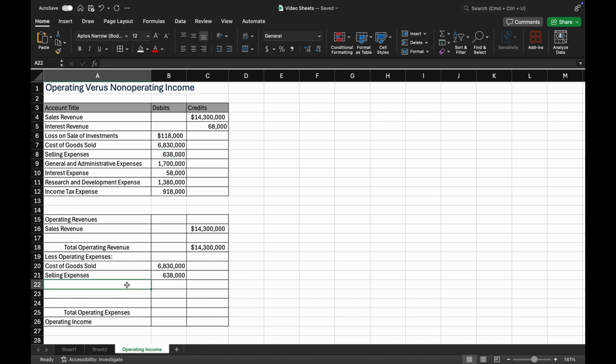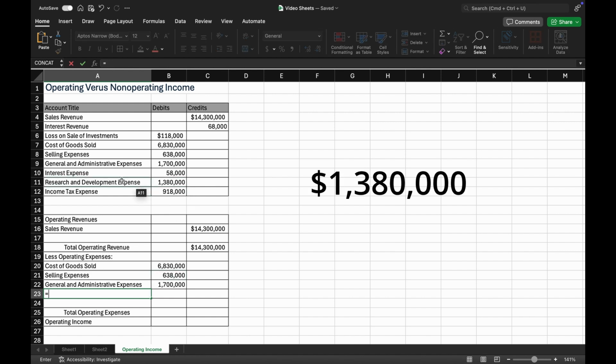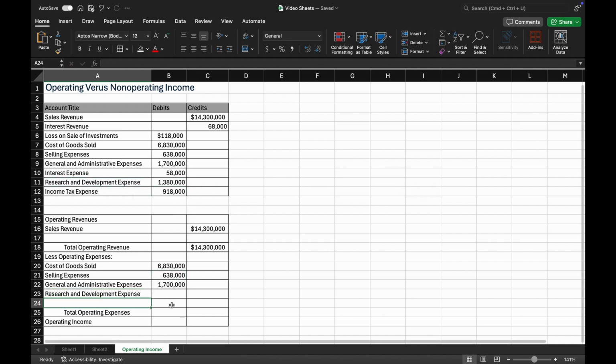General and administrative expenses are also counted as operating expenses, so put that account and its debit balance of $1,700,000 next. Finally, research and development expenses are also operating expenses, so put that account and its debit balance of $1,380,000 last. Add all these expenses together to get total operating expenses, so